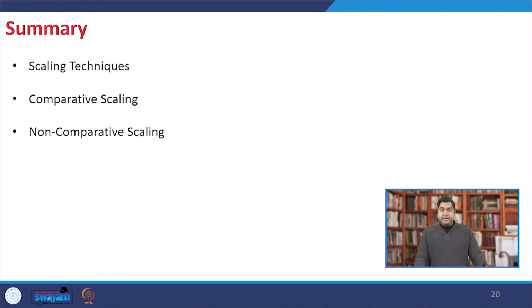So let us summarize. In the last lecture and this lecture, we discussed the scaling techniques. Definitely we discussed in detail the comparative and non-comparative scaling techniques, the options and their pros and cons. For selection, you have to determine what kind of response you expect, whether your questionnaire will be an odd scale or an even scale,